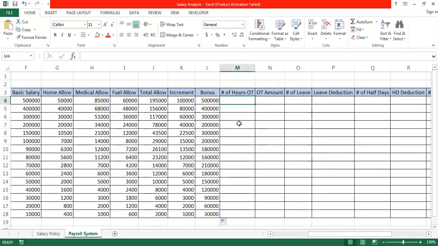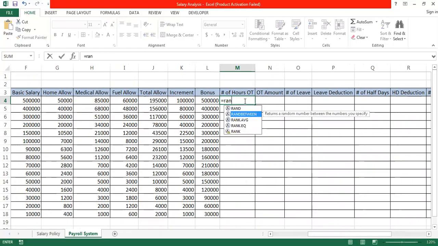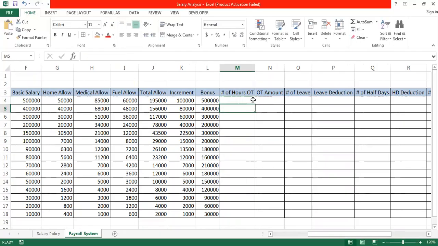So for the number of overtime hours, I can generate random hours, as different employees might have different hours. So RANDBETWEEN 0 to 7, that is no overtime or a maximum of 7 hours. Any value between 0 and 7 on a random basis, so that different employees have different overtime hours. So you can see,